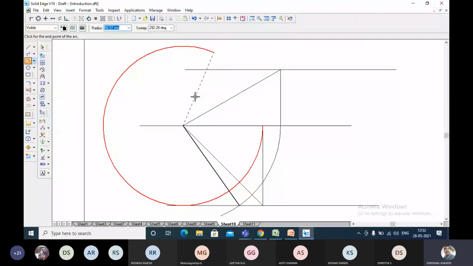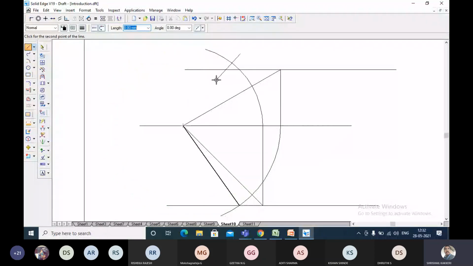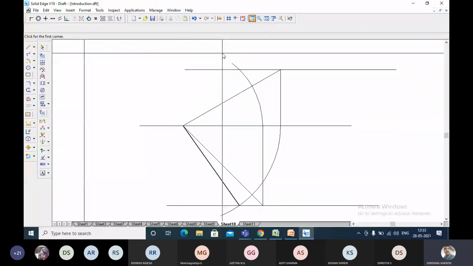Even if it is more, no problem. Aesthetically, it will not look nice. So I am going to remove some part of it and take a line from the end of this one to the intersection of these two. And this will be a visible line.